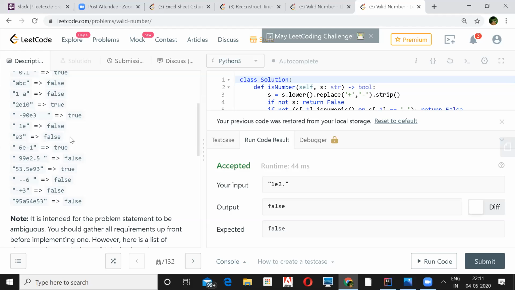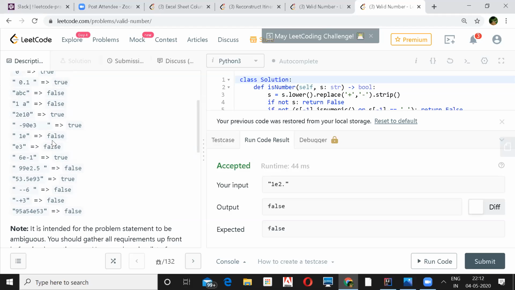And that e3 case is also not valid, because you need something before e as well. Why is e3 false? There is no integer before e, nor any integer before that. Exponentials cannot have only a float value, right? Yeah, so I think I missed this part only. I think I will try it out later.